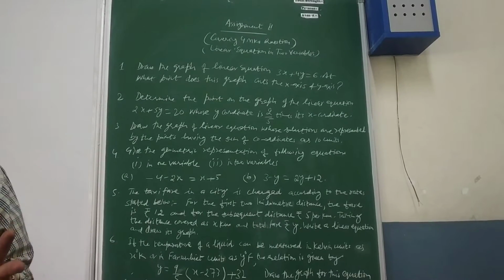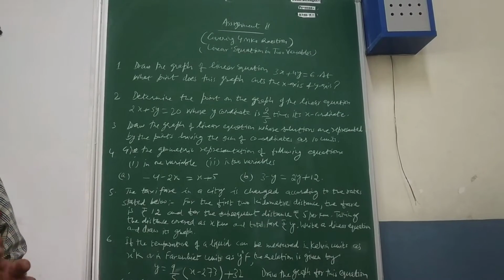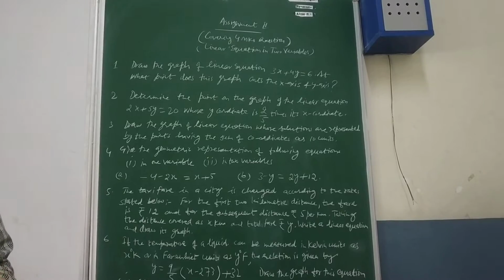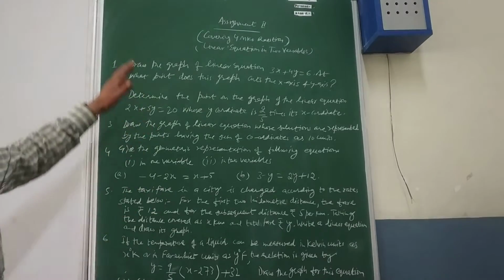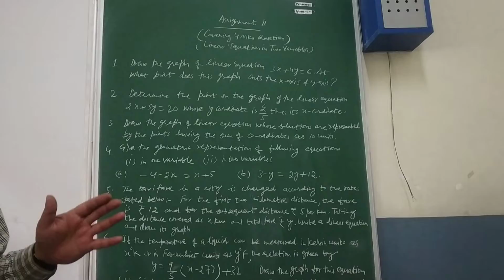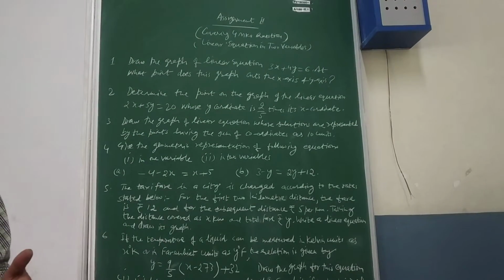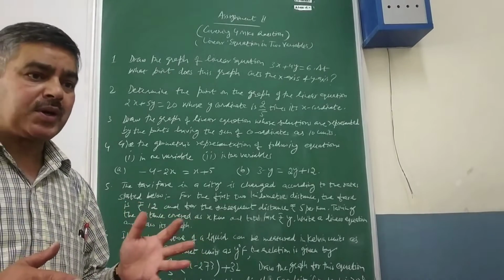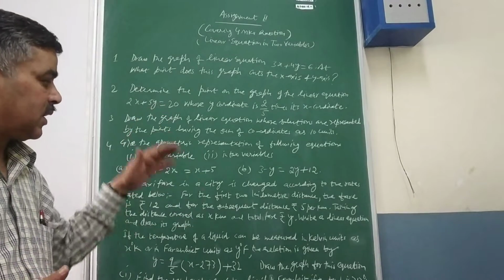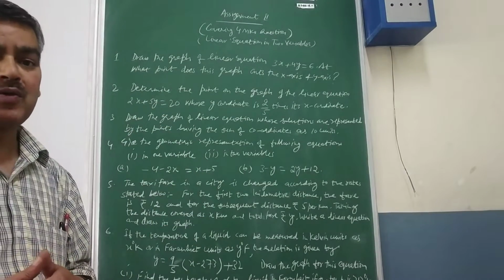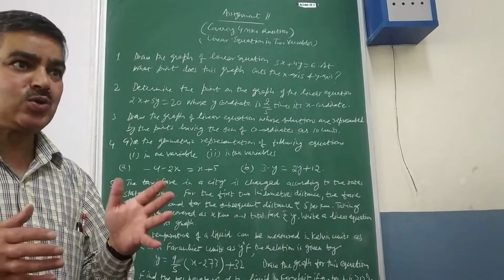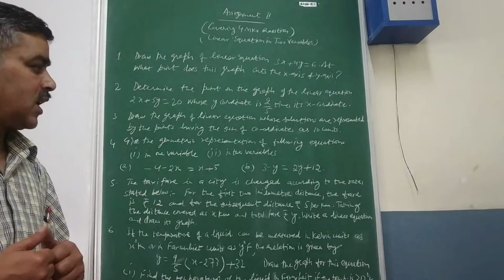If you go through the blueprint of your question paper, there are two categories, either 1 mark or 4 marks. In today's assignment, within these 6 questions based upon your NCERT, I am trying to cover your 4 marks question. Make sure that in 4 marks the question will be there from the graph point of view, because we need to train you for that here in class 9 only.